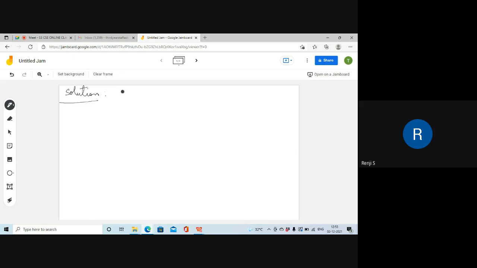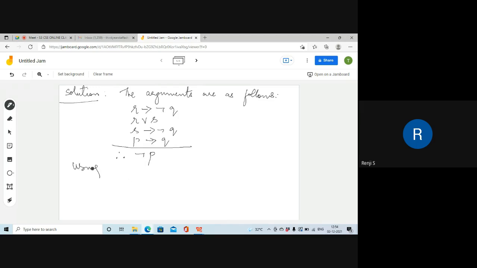Solution. The arguments are as follows. What are the given statements? R implies not Q, R or S implies not Q, P implies Q. So this is the question given and from there you have to prove not P. So next slide, using indirect method,